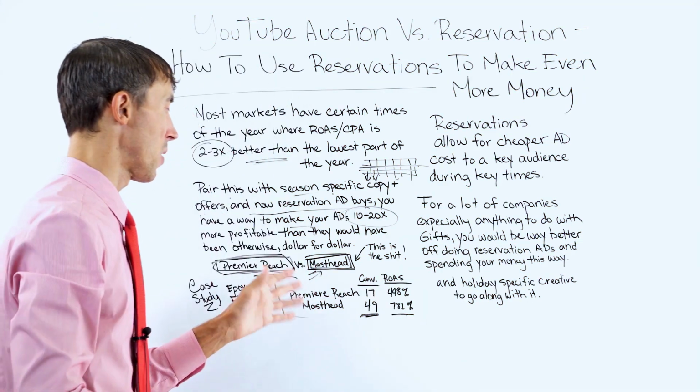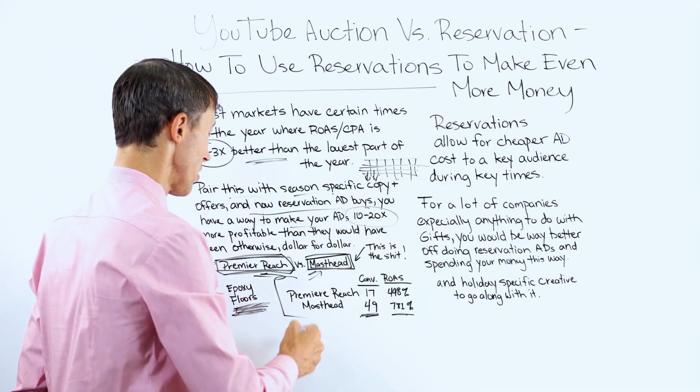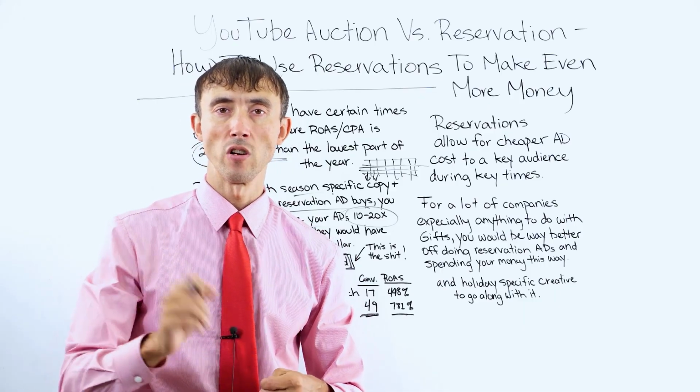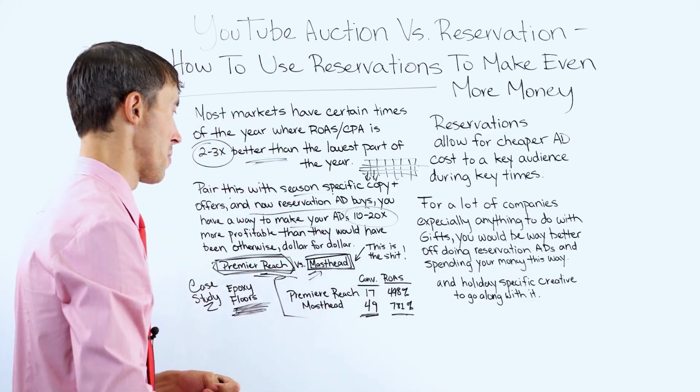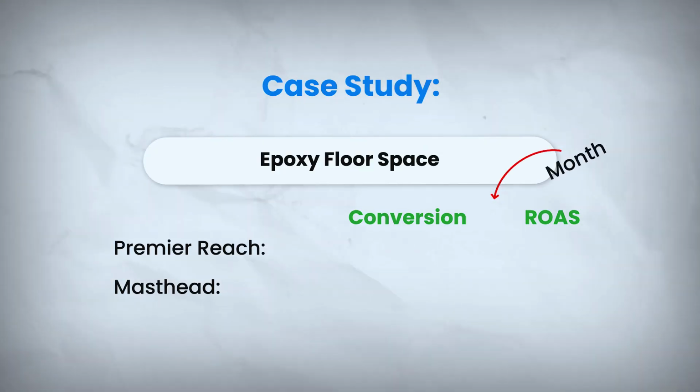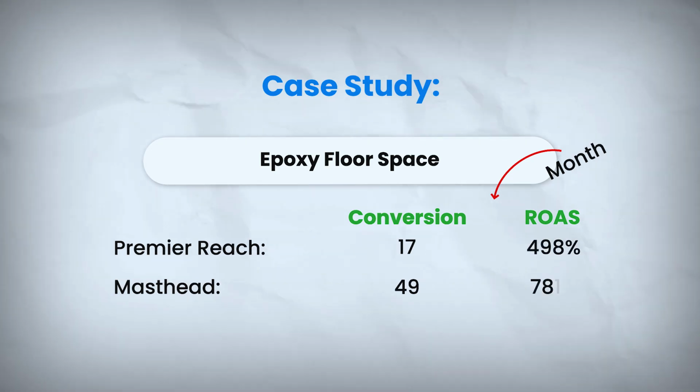So going back to what I was going to cover here with the numbers. This is an epoxy floor service. If you want epoxy floors laid in your garage or in your business, this is the type of business I'm talking about here. And then with that, we did the Premier Reach versus masthead ads, of which this is the 1 month where I pulled the data out recently, and we had 17 conversions versus 49 on the masthead. And then also on a ROAS basis, the Premier Reach got 498 versus 781 on the masthead, of which you